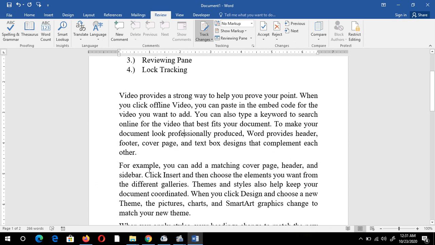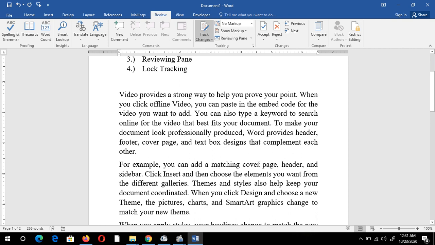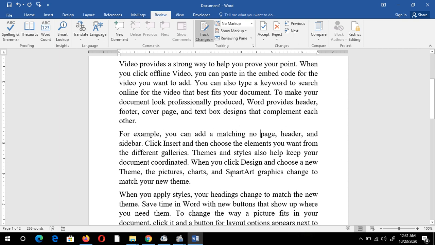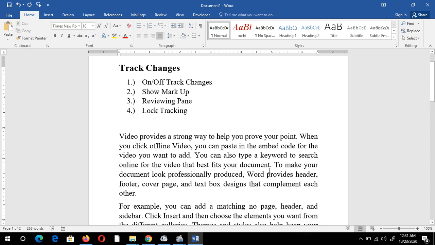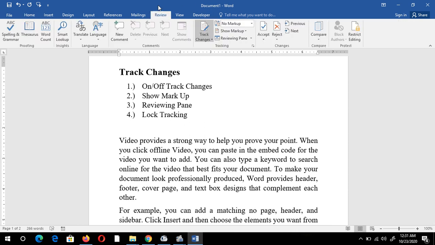Suppose I just want to change some keywords. Suppose I want to change this keyword cover with no page, and I will change its formatting also. I just want to make it bold. I'll also change the color of this word. Now I have to click on this Review tab and I can check whether my text is changed by someone or not. I just have to click on this